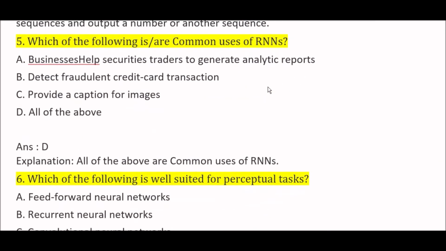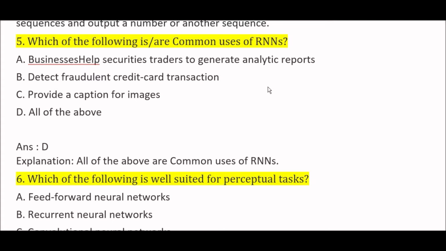Next question. Which of the following is a common use of RNNs? Option A, businesses and securities traders to generate analytic reports. Option B, detect fraudulent credit card transactions. Option C, provide a caption for images. Option D, all of the above. Right answer here is option D, all of the above because